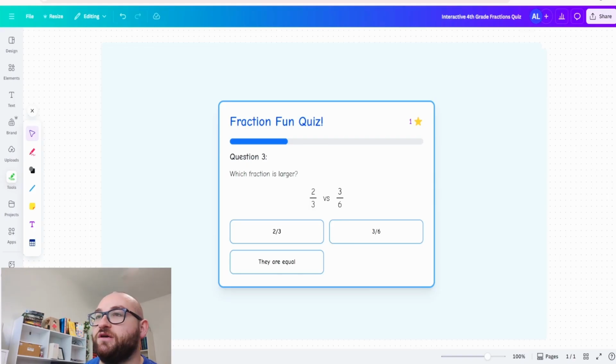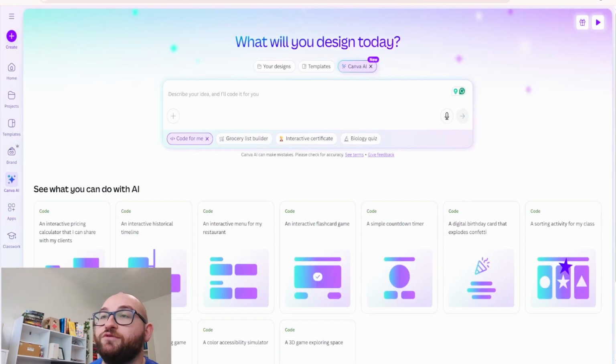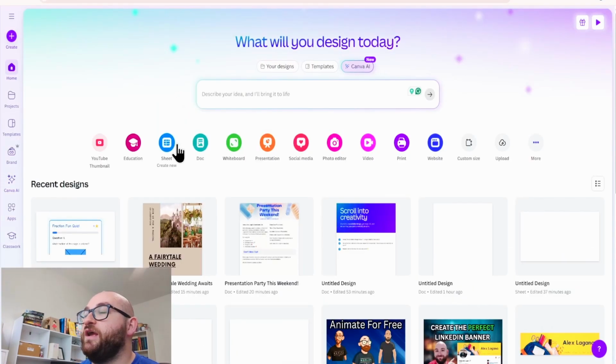I am always on the lookout for different websites like Cool Math Games and ABCya and things along those lines, but having an editor and a tool that'll let me just create my own for whatever subject I'm thinking of is pretty incredible. The next thing we're going to talk about that Canva has introduced is its new Google